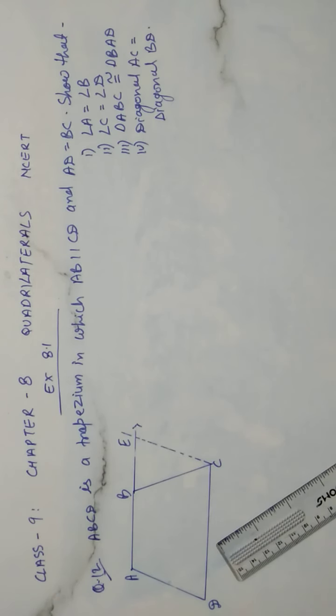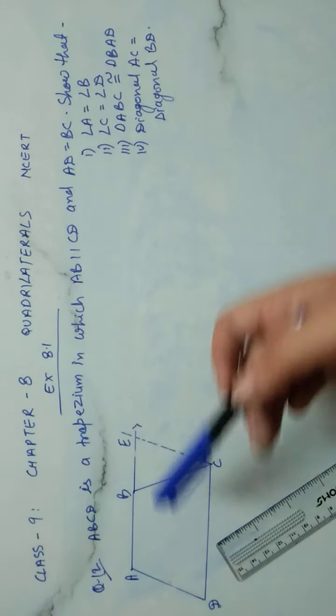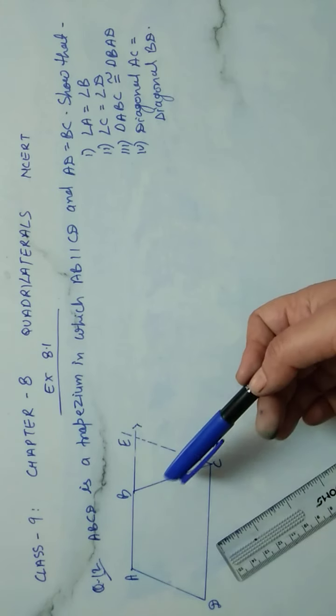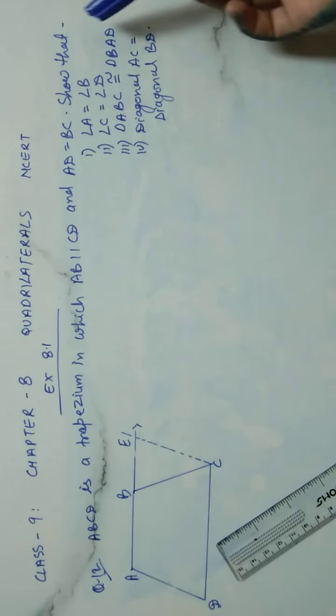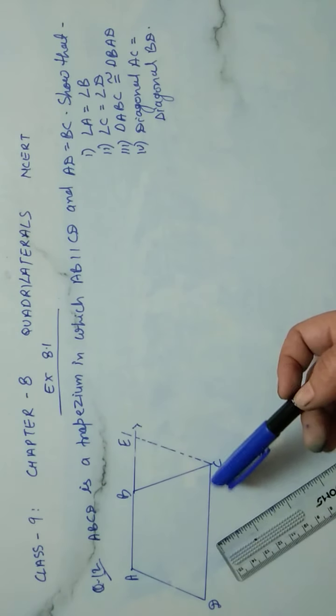So here our question is, in this question a trapezium is given to you, that is ABCD, in which AB is parallel to CD. The next thing given to us is that AD is equal to BC. What we have to show? We have to show these many things: that angle A is equal to angle B, angle C is equal to angle D,